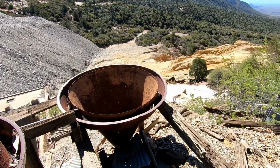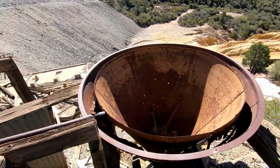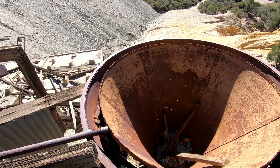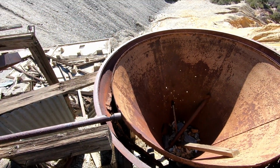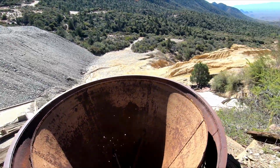And then when the guy left this mine, their recovery rates and production gradually kept going down and down and down. Ooh, this feels a little sketchy. That is so neat. And then during the war,